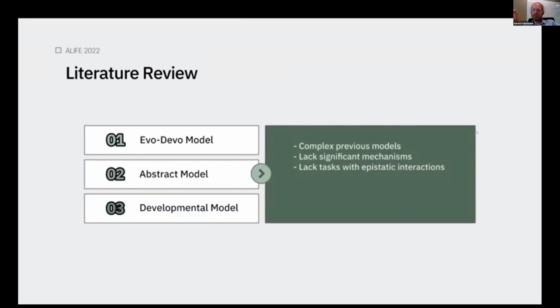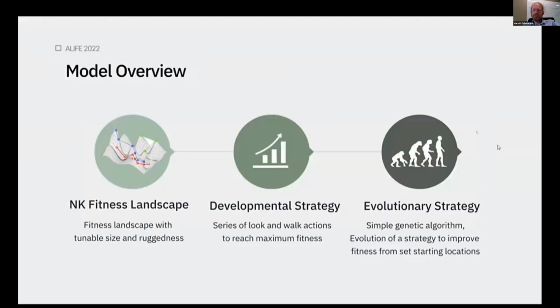abstract developmental models. Given that most previous models are complex, lack significant mechanisms, and lack tasks with epistatic interactions, we formulated a novel way of modeling developmental processes. Within our model, we have 3 main areas. First, the NK fitness landscape, which is a fitness landscape with tunable size and ruggedness. Next, we have the developmental strategy, which is a series of look and walk actions during an agent's lifetime to reach its maximum fitness. And finally, an evolutionary strategy, which uses a genetic algorithm to evolve this developmental strategy from